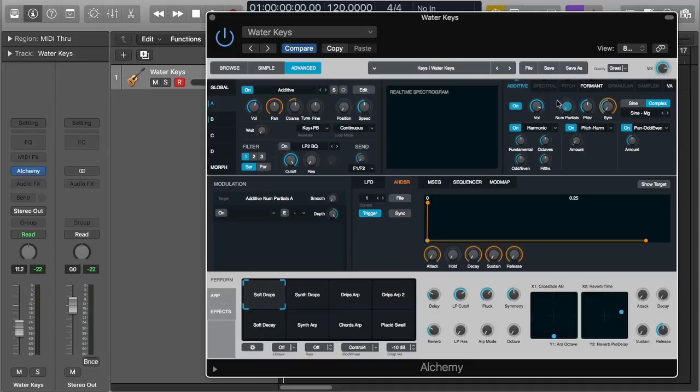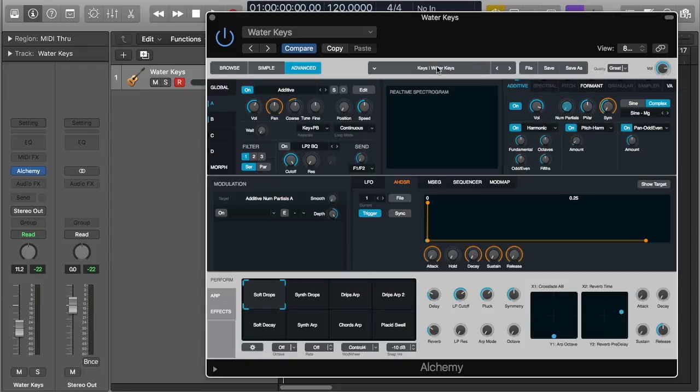Alchemy is going to automatically set the number of partials that it's pretty sure it will require based on the source that you have. Again, we're using just an additive preset, so Alchemy is telling you 2 is enough. But if you're using a sample with various different elements, Alchemy is going to set that parameter to something different. A good way of testing this, and we'll probably try this later in a future video, is to